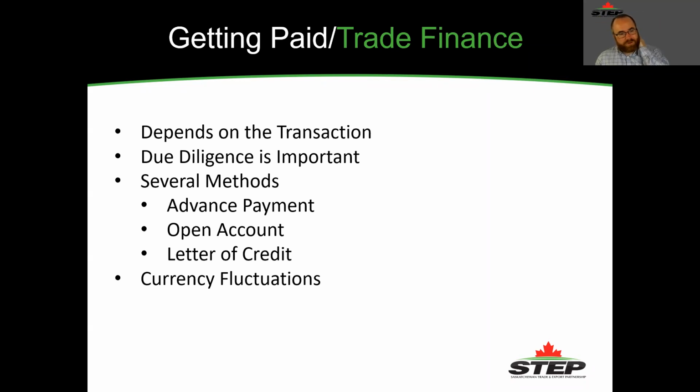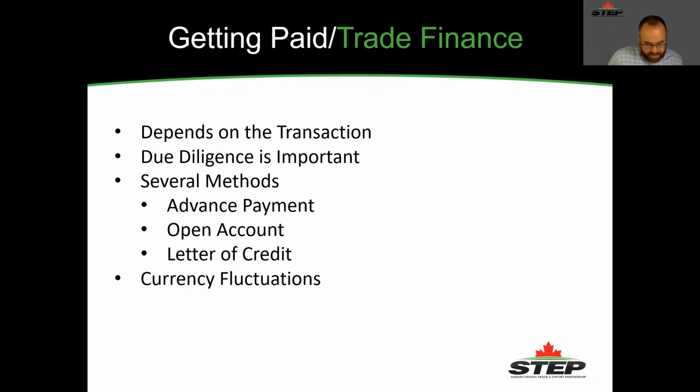But if you're doing an order that's $50,000 and your company annually does sales of 100,000, if that buyer doesn't pay you, that could be pretty impactful to your business. So you want to leverage some tools that you can use to ensure that you do get paid. Before you leverage any tools, your due diligence is your most important thing. You need to understand who the buyer is and have faith that they'll pay you to the best of your abilities. And then choose your tools correctly based on how much due diligence you're able to perform.